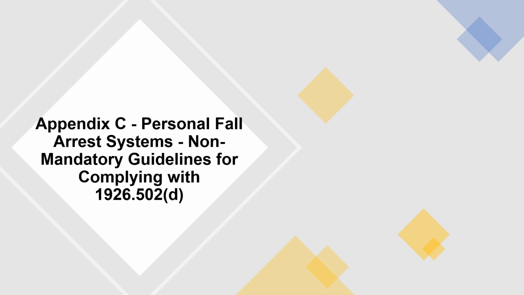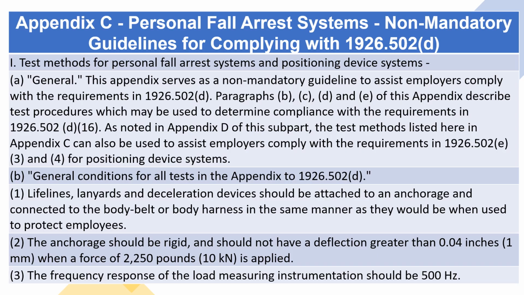Appendix C. Personal Fall Arrest Systems, Non-Mandatory Guidelines for Complying with 1926.502. I. Test Methods for Personal Fall Arrest Systems and Positioning Device Systems. A. General. This appendix serves as a non-mandatory guideline to assist employers comply with the requirements in 1926.502. Paragraphs B, C, D, and E of this appendix describe test procedures which may be used to determine compliance with the requirements in